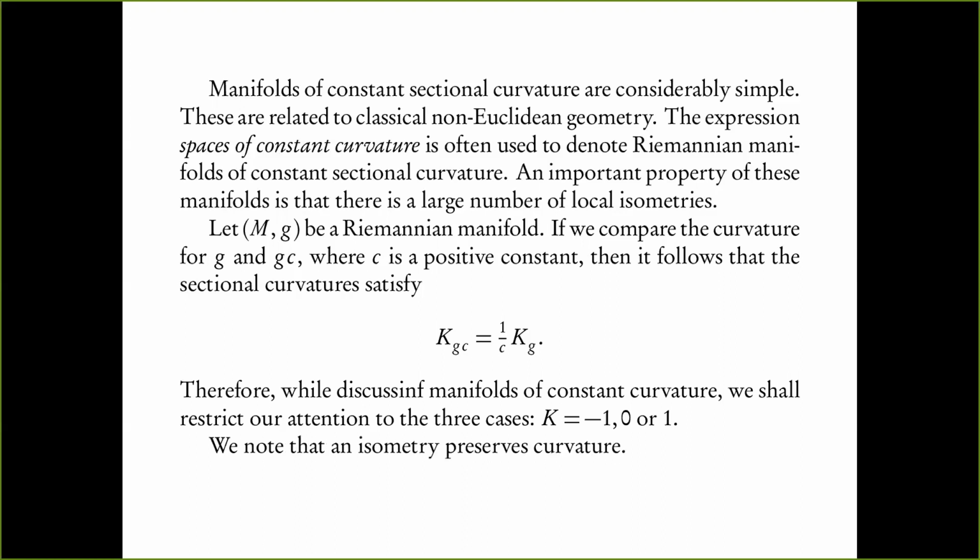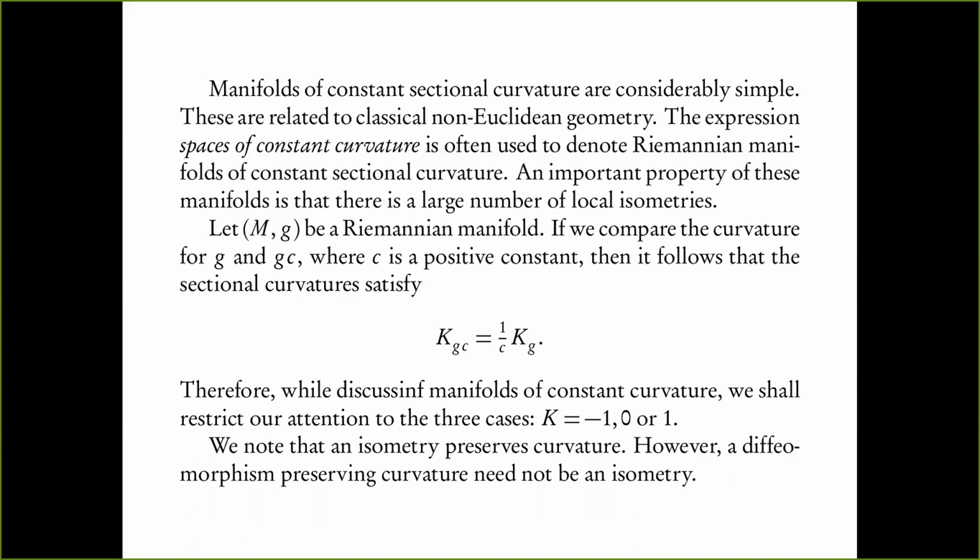Okay, so there's one final remark before we state the theorem. I just talked about this, that an isometry preserves curvature, because an isometry, remember, is a diffeomorphism which is a linear isometry at the level of tangent spaces. And because it preserves the metric, it preserves all the various things that you can do with the metric, taking derivatives and so on. So it preserves sectional curvature. The converse is, however, not true. You can have a diffeomorphism between M and N which preserves the curvature, but it's not an isometry. So a diffeomorphism preserving curvature is not an isometry.